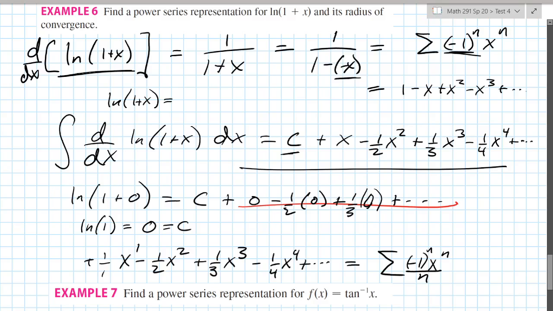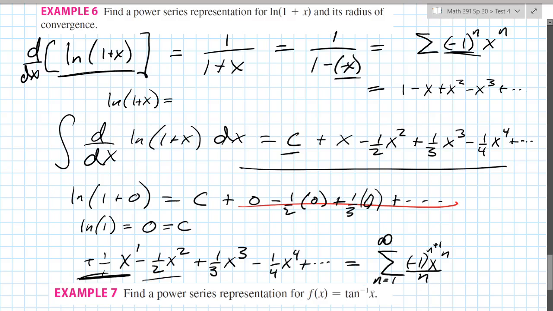Now, what do we have to check? If we start at 1, does this work out? Well, no, because I have the wrong sign here. So I'll just increment that by 1. So now my first term is x to the first, negative 1 squared, that's a positive 1, divided by 1, and that gives me my first term. My second term is an odd power of negatives, so that would work out. x to the 2, that works out. Divided by 2, everything's good. So there is my